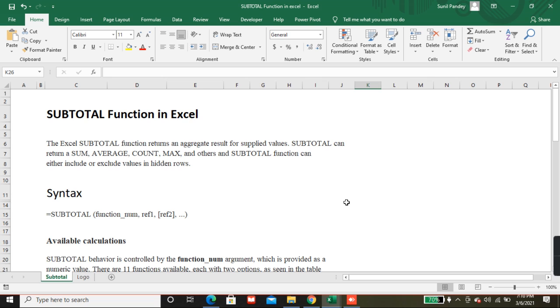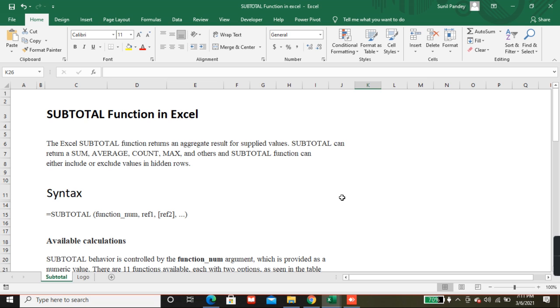What is the advantage of this? You can summarize using sum, average, count, max, all these functions, and either exclude or include hidden rows.